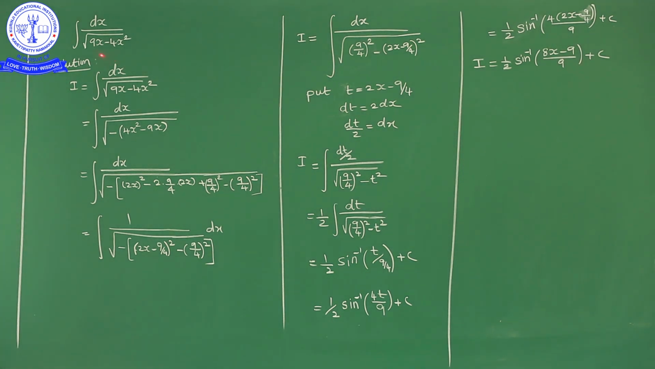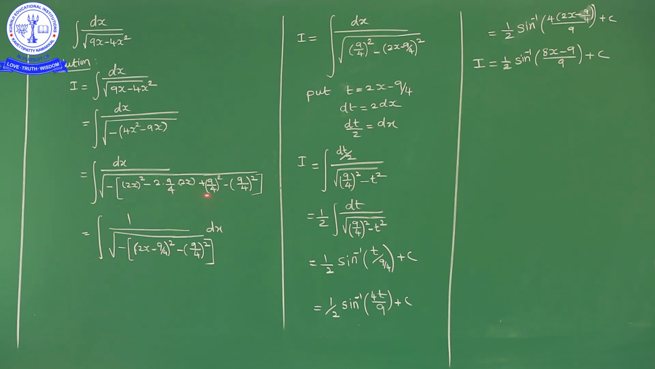Okay. Now here what we did, first of all, under root quadratic in denominator, first we take minus common from these two terms. Under root minus of 4x square minus 9x. 4x square minus 9x, I am writing it as 2x whole square minus 9x, I am writing it as 2 into 9 by 4 into 2x. Okay. So a square minus 2ab. So I need b square to write as a perfect square, that is 9 by 4 whole square added and